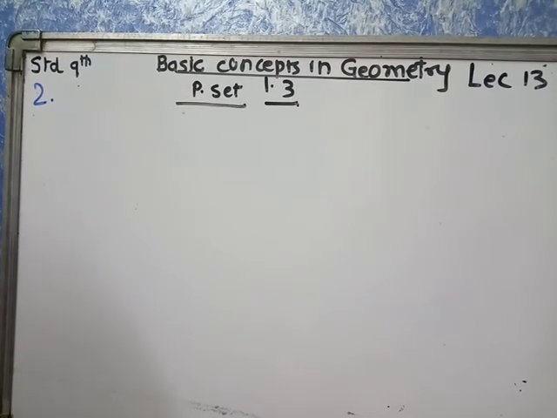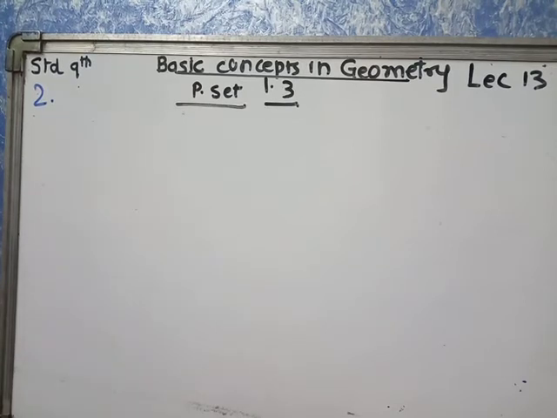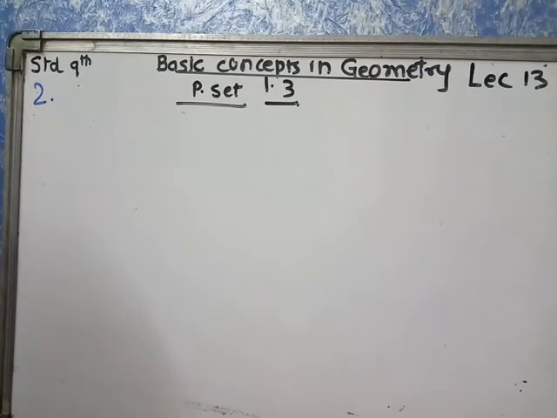Second sub question of question number 2. If a pair of interior angles made by a transversal of two lines are supplementary, then the lines are parallel. Now converse of this statement is